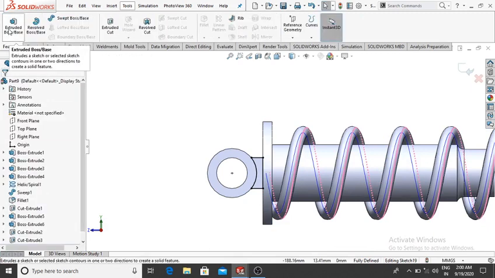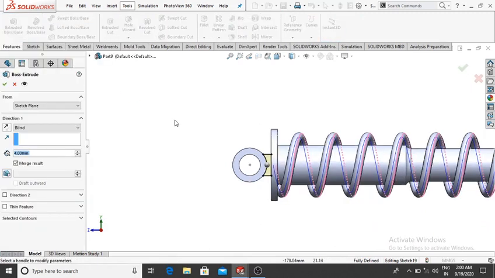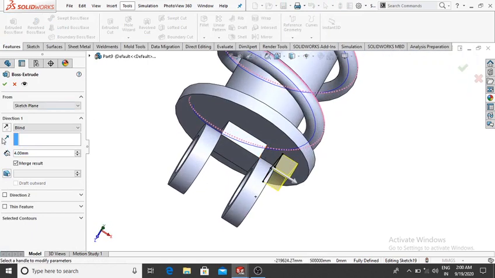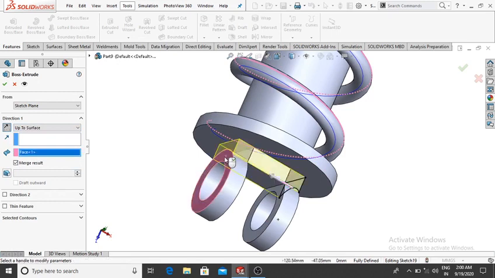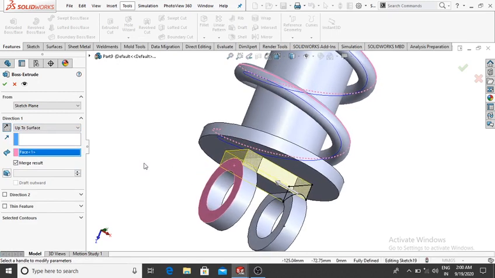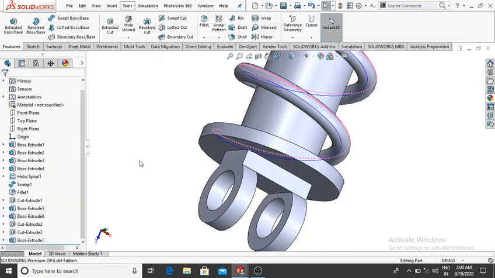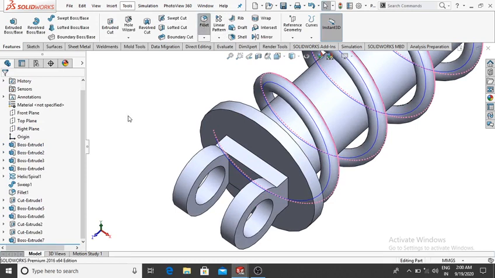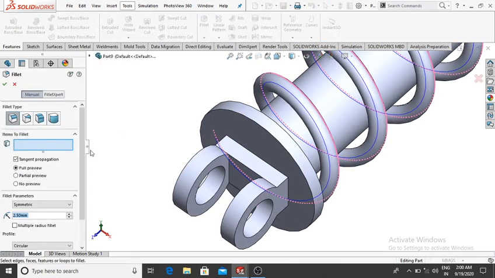Go to the feature, select extrude boss base, and here we make the extrude reverse direction, and here we make the condition up to surface, and now select this surface, so it comes to this surface, then okay. And here we make the fillet, so select fillet and make the fillet 1 mm,